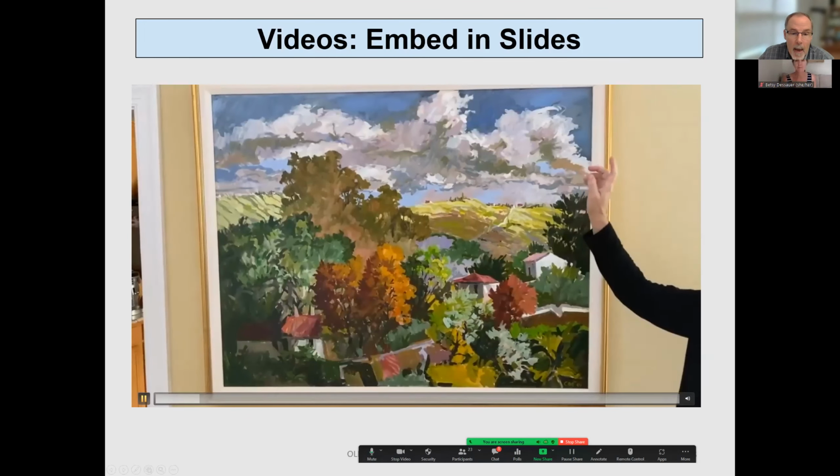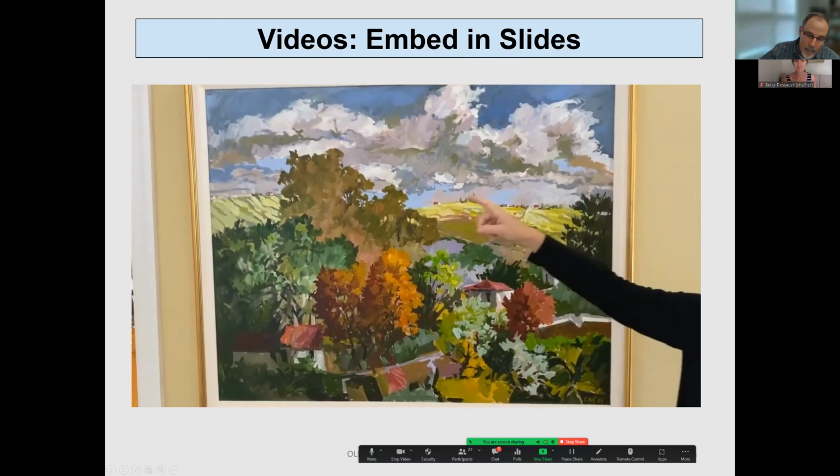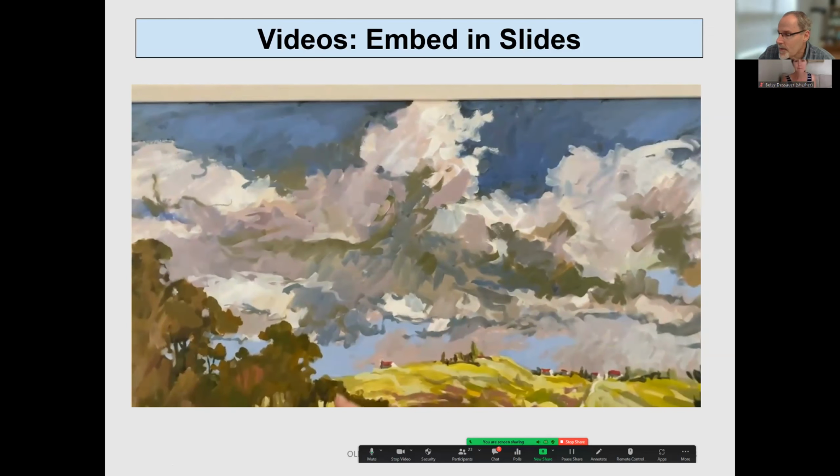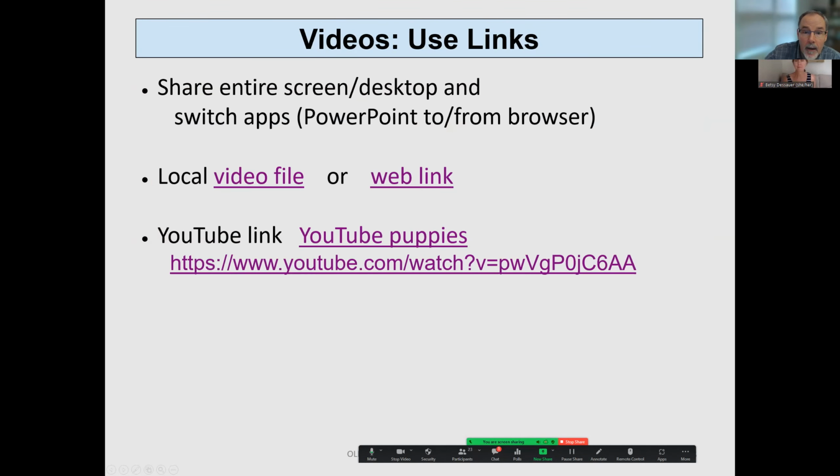I think it automatically advances the play control to the start of the video, or resets it to the start of the video after it's done. So, I mean, that applies to an embedded video. If you're doing a link, a web link,